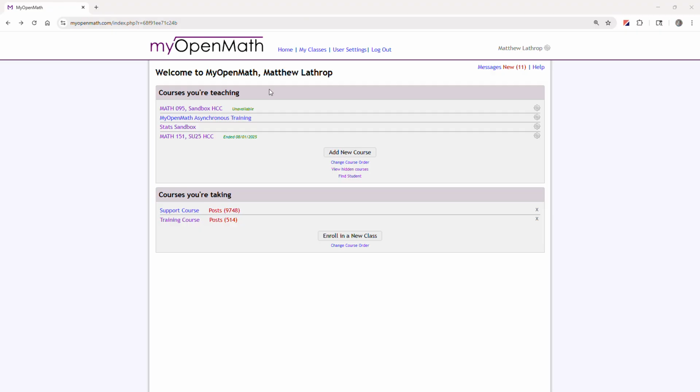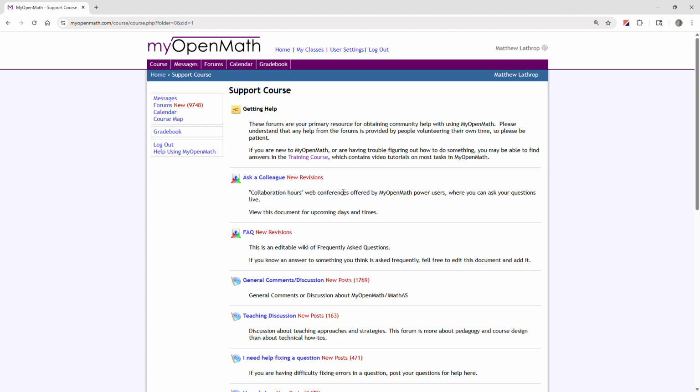And the other thing that I want to point out to you are a couple of resources in this courses you're taking section, a support course and a training course. If the materials that I've put together here don't answer all your questions, obviously feel free to come and talk to me, but also these are great resources. I have used this support course quite a bit, and here there are discussion boards. For instance, if we go to the general comments and discussion,